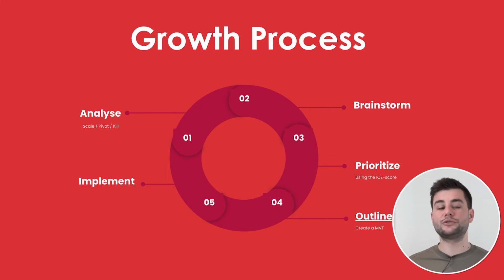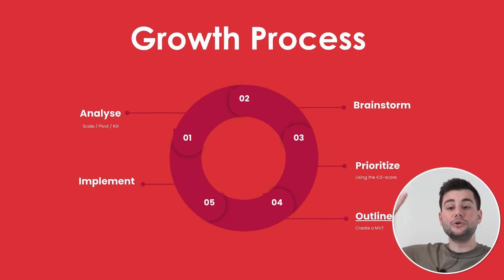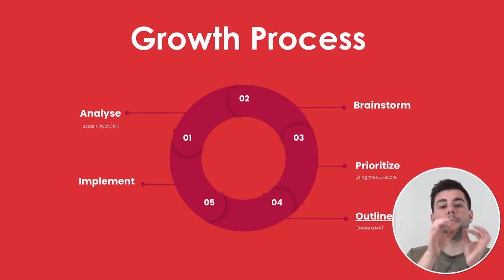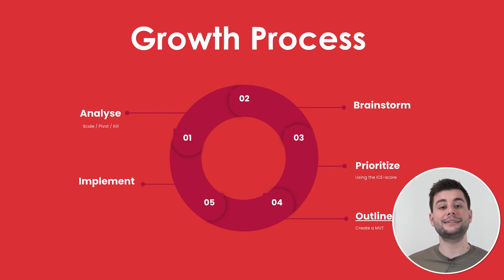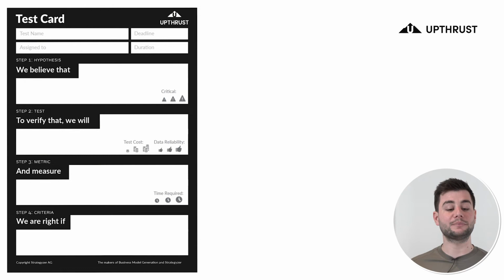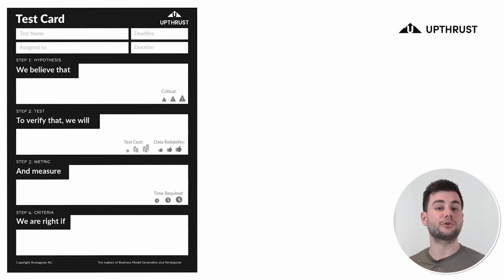So I don't want you at this point to come up with a huge campaign that will take you weeks. I want you to come up with your minimum viable test: the smallest possible test to validate that this experiment is actually a good idea. We have developed a test card for that. That test card is available in the attachments under this course. And if you fill in this test card, then you're already aligning your experiment before you start it.